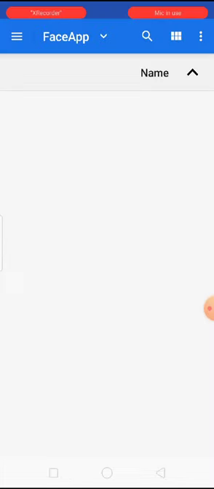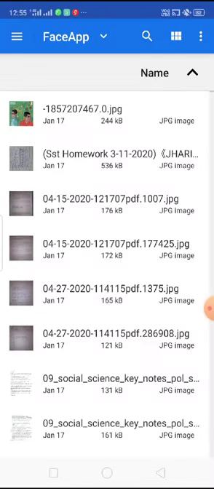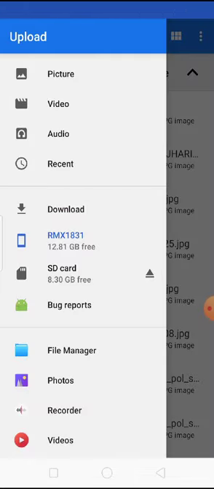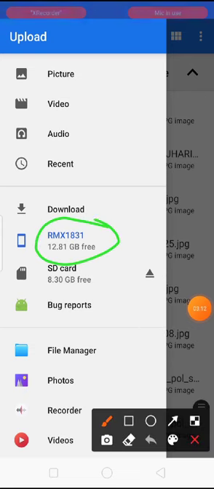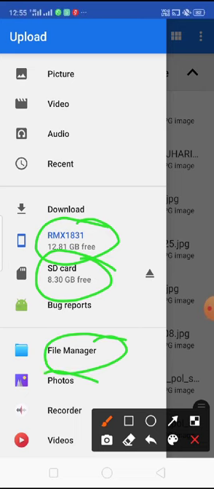When you go on this, you will see your mobile or your SD card, or you can go to the file manager. If the picture is there, you can go to the pictures.